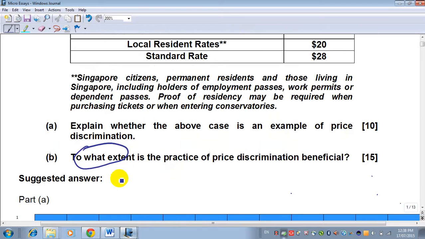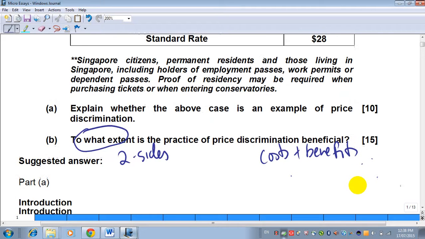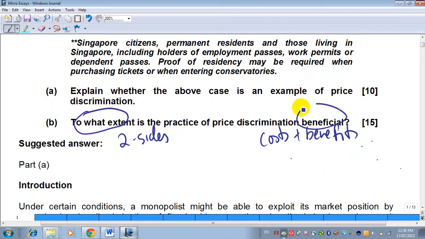Okay, and obviously there must be two sides to the essay. Is it beneficial? You think about the costs and the benefits to tell me whether overall it's beneficial or not. And when I'm thinking aloud, I would also think about beneficial to whom. That is something I would think of if I were a student. You ask me whether it is beneficial, and my next question would be to whom.